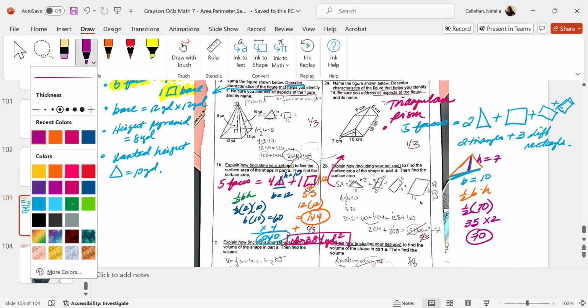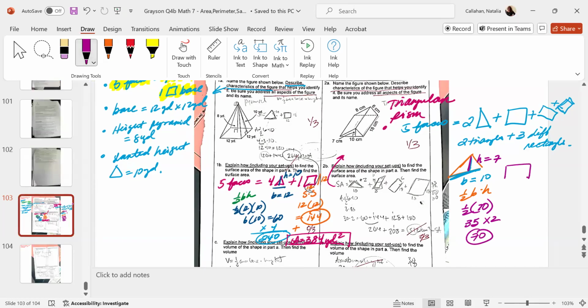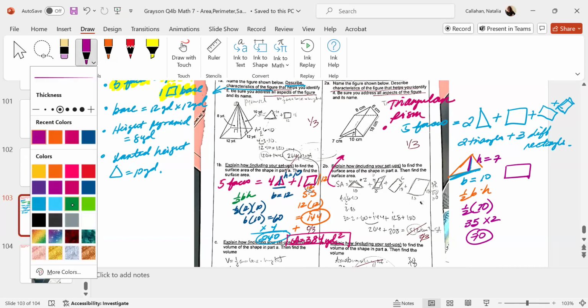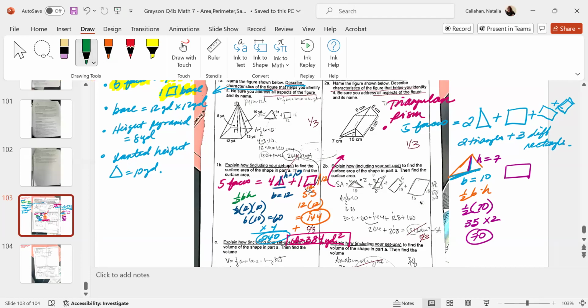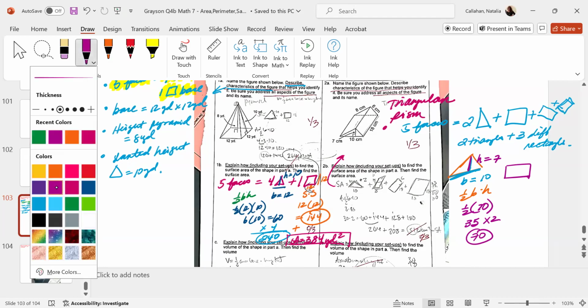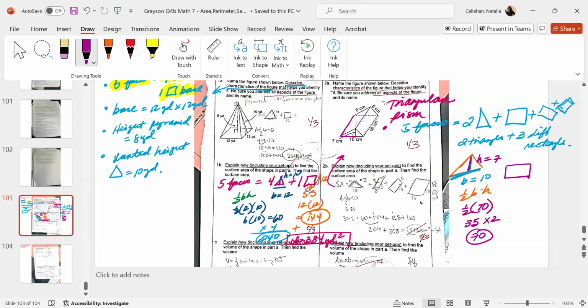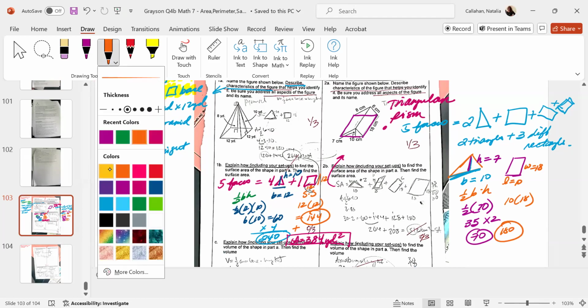Then you have the bottom rectangle, correct? And let's say that bottom rectangle is going to be this part right here, correct? So then what is the length and width of this? 10. And what's the width? 18. So 10 times 18 is 180. You're going to add that together too. Then you have